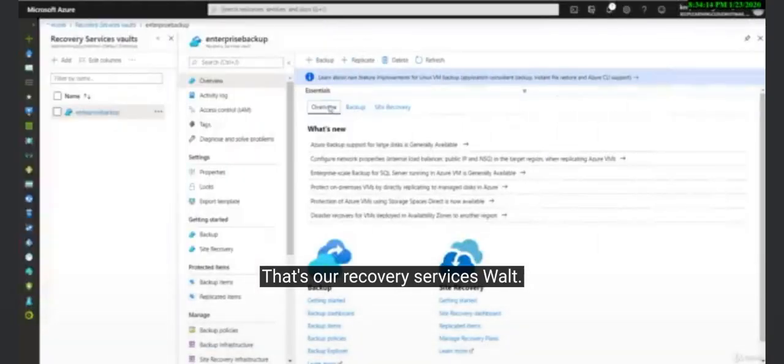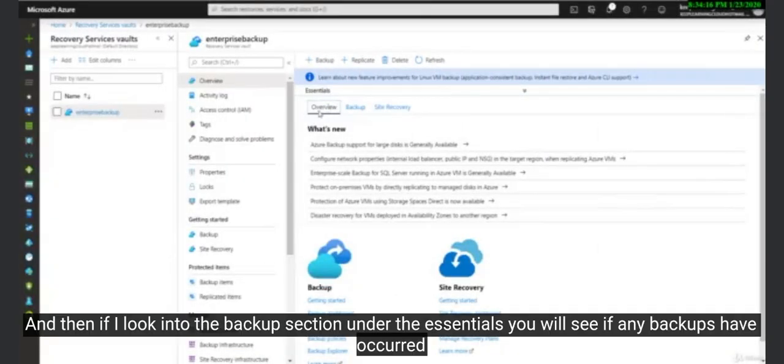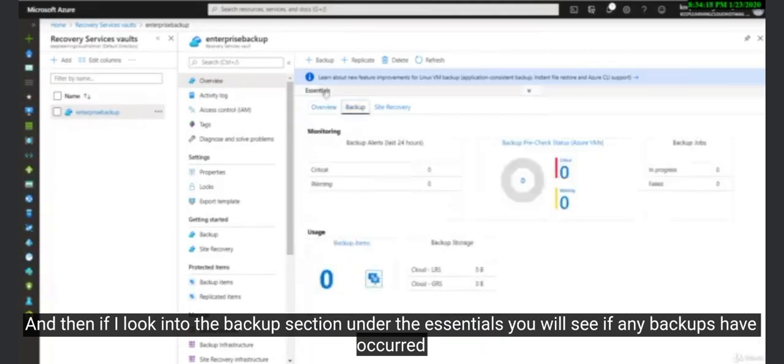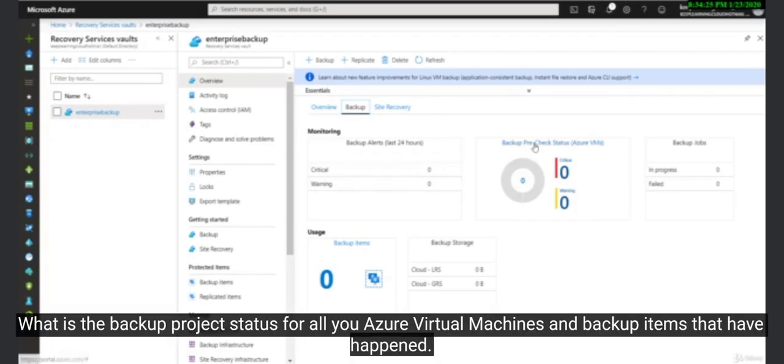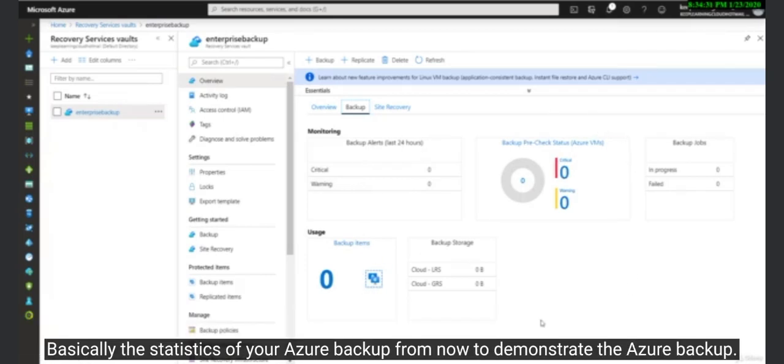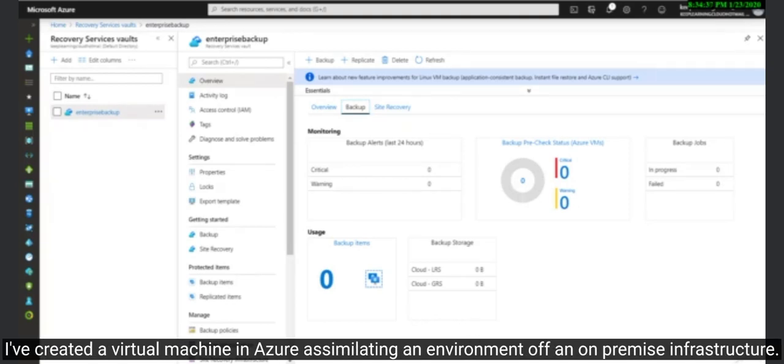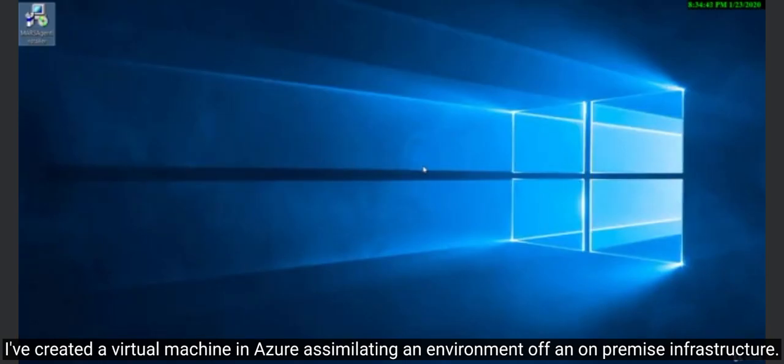Okay, that's our recovery services vault. And then if I look into the backup section under the essentials, you will see if any backups have occurred in the last 24 hours, what is the backup pre-check status for all your Azure virtual machines, any backup items that have happened, basically the statistics of your Azure backup. For now, to demonstrate the Azure backup, I've created a virtual machine in Azure,